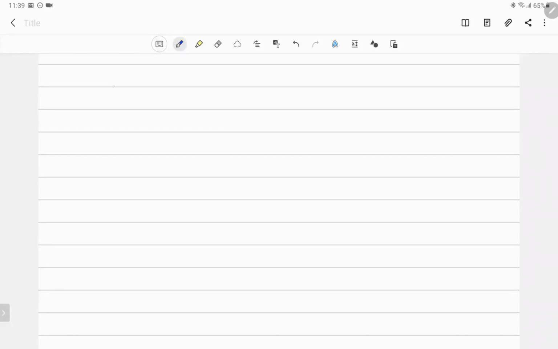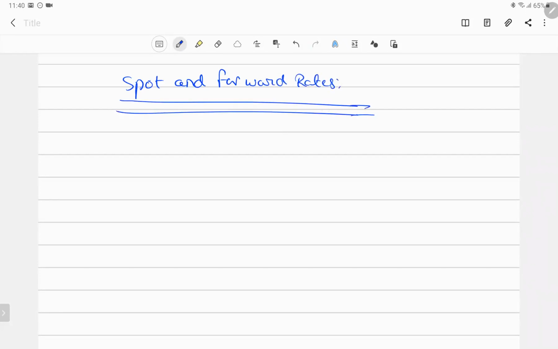One more concept that you have to know is on the spot and forward rates, because these are to be known before getting into the risk management techniques. So spot and forward rates. So we know the purchase and sale of one currency against the other currency. It may be either on a spot basis or kept for future delivery.